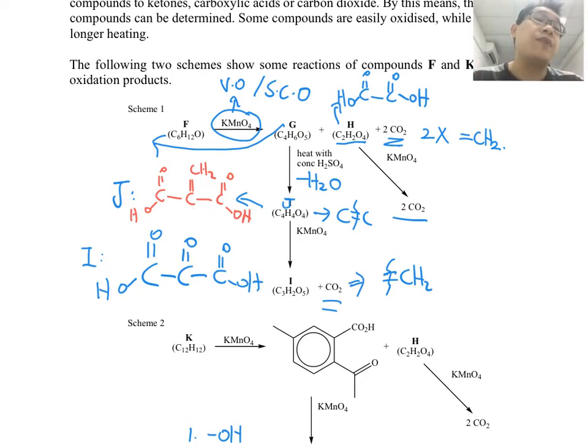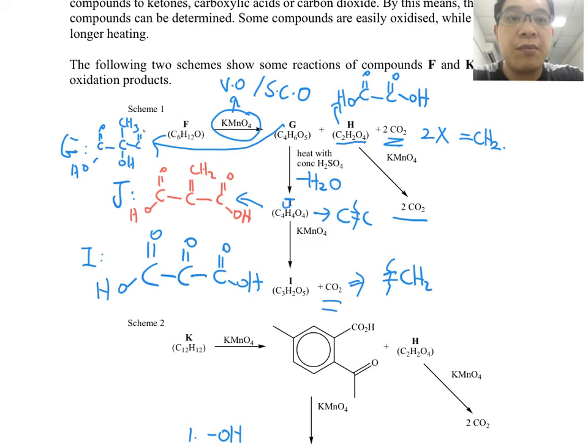But there's a criterion for this reaction. Because remember, we mentioned before, your F must be what kind of alcohol? Because OH is alcohol. Is it primary or tertiary? It is tertiary alcohol. Okay, so that means that I can predict my G here. My G here is likely going to be a tertiary alcohol. So we're going to draw the double bond, OH, COH, then maybe CH3, then C double bond O and the OH group. A bit squeezy here, but you get the idea.